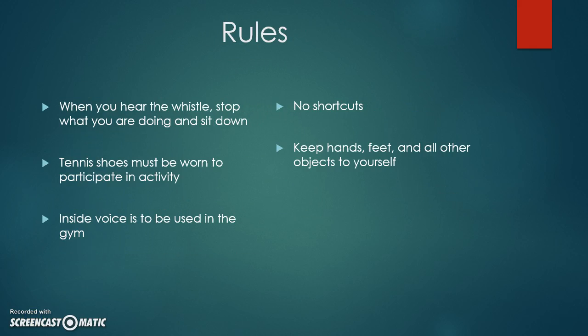When setting up rules and procedures for a classroom, it is a good idea to keep the list of rules to a minimum. Many students break rules because they do not know what the rules are. They should be able to memorize the list of rules. Also, the rules should be written in language that all students understand. The first rule I have for my classroom is that when you hear me blow the whistle, stop what you are doing and sit down.